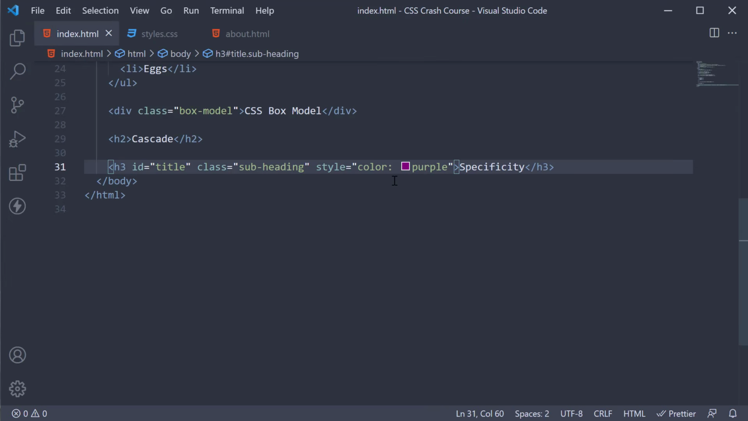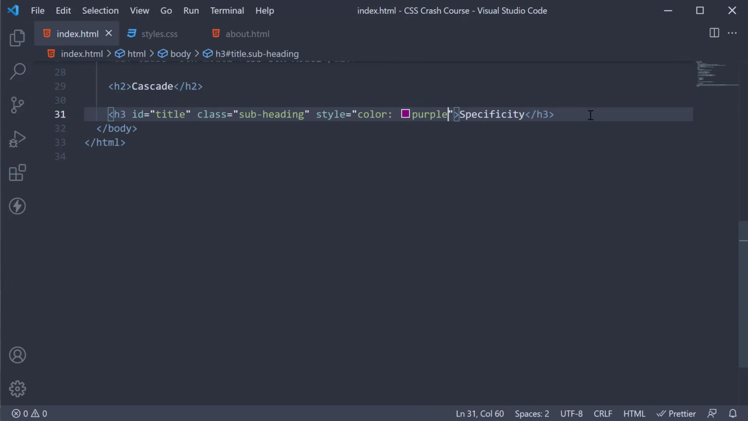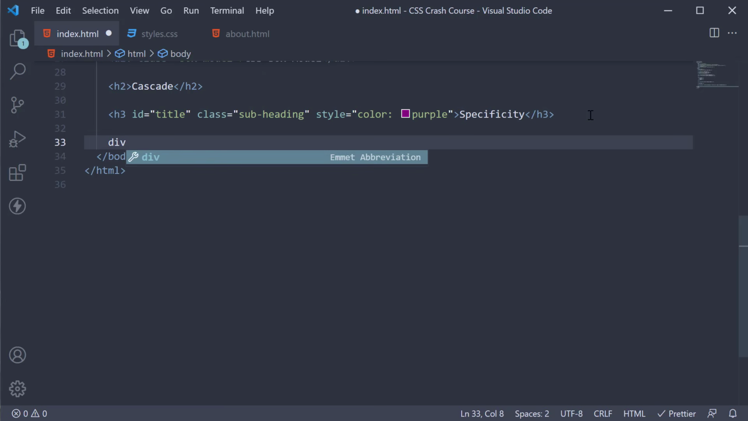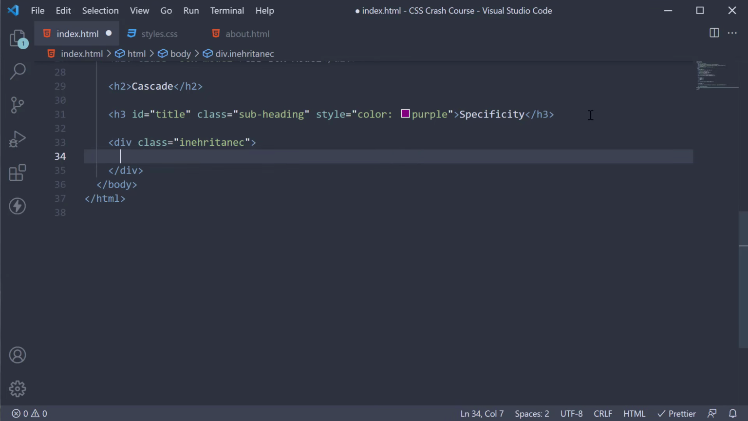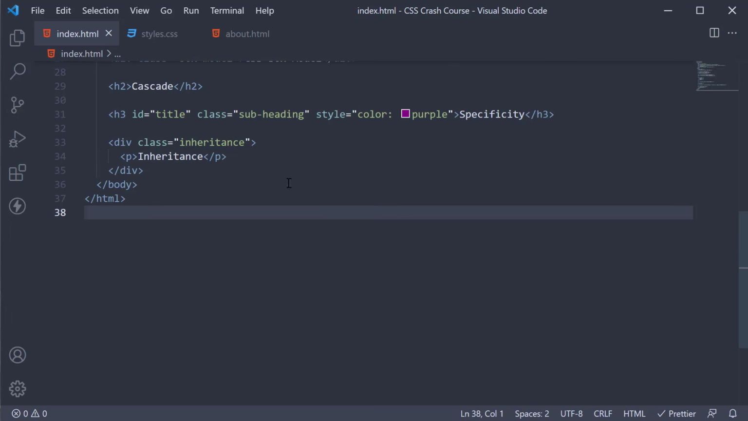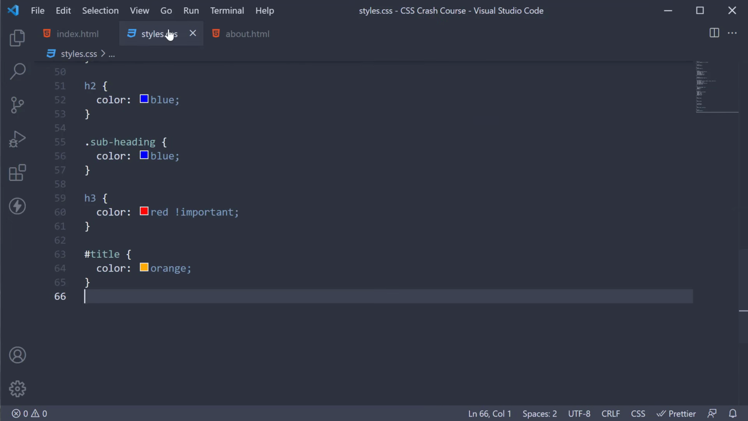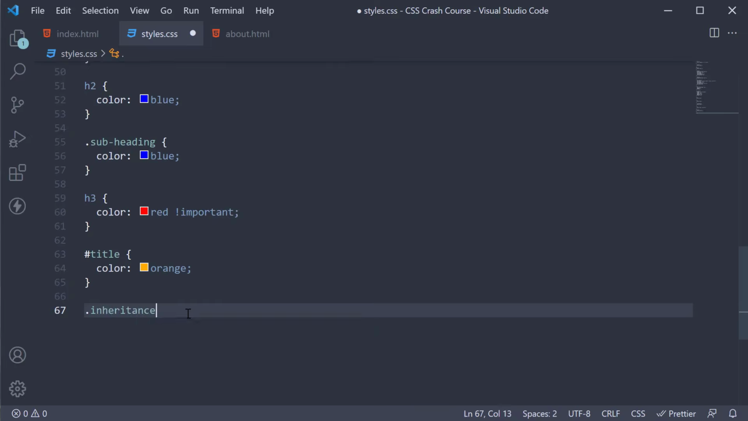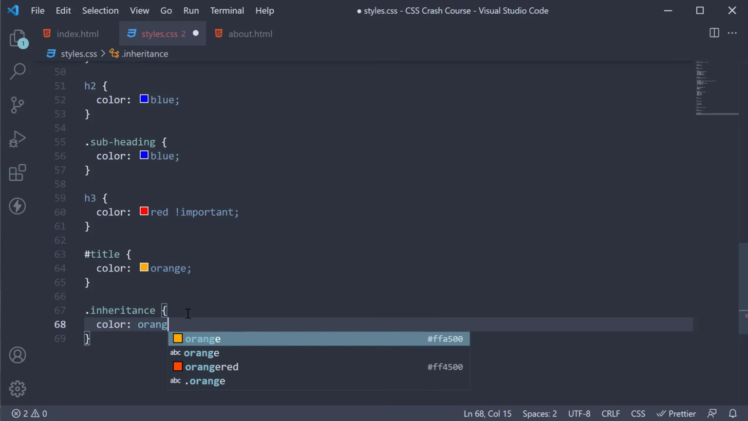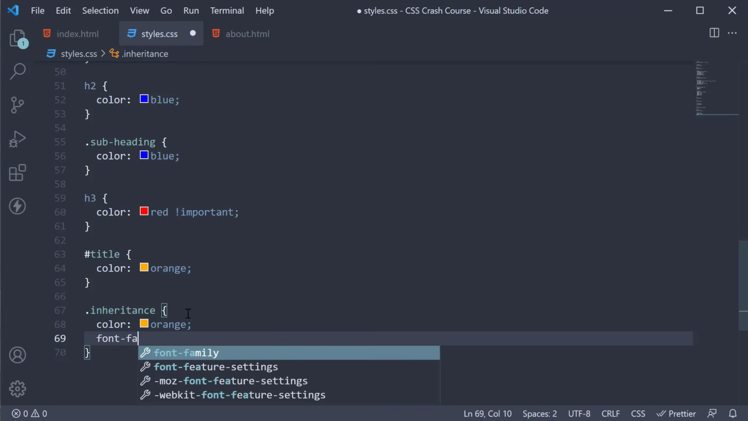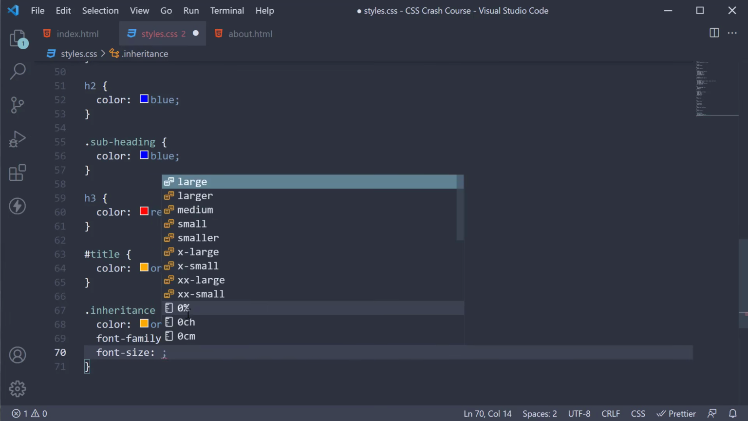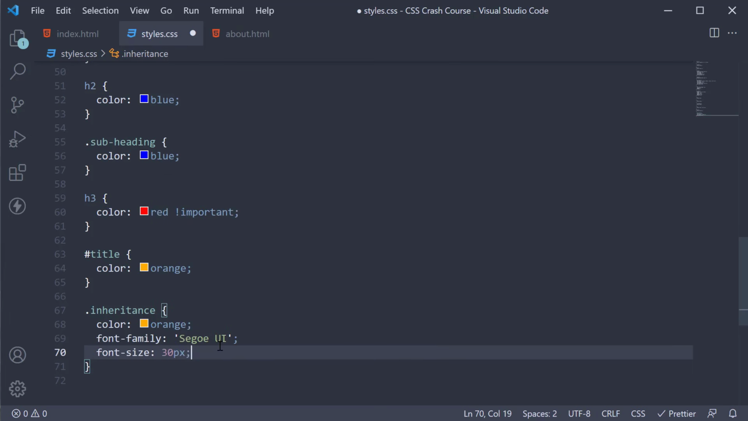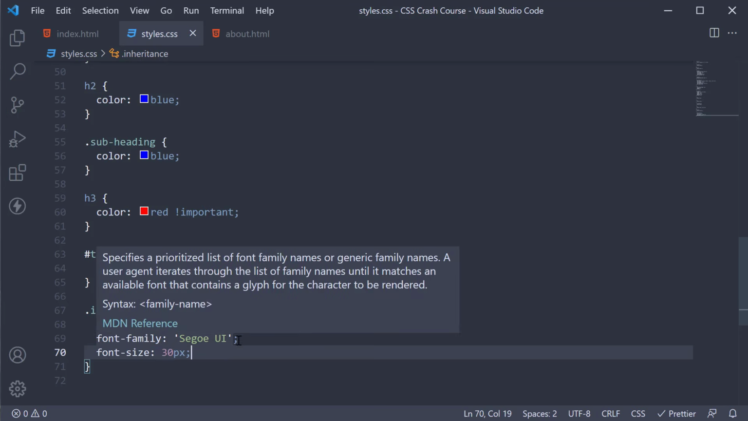In the HTML file, let's add a div tag with a class called inheritance. Within the div tag, add a paragraph tag that says inheritance. In the CSS file, add a class selector for this inheritance class. Let's set color to orange and font family to Segoe UI. Let's also set font size to 30 pixels. If we take a look at the browser, refresh,